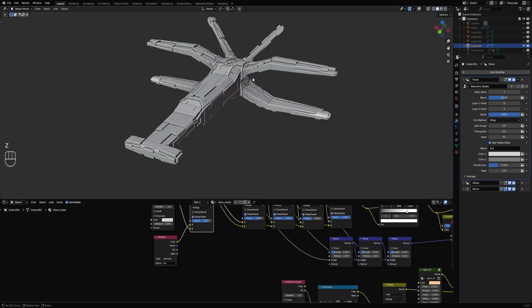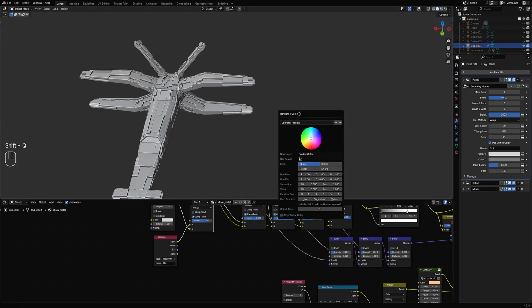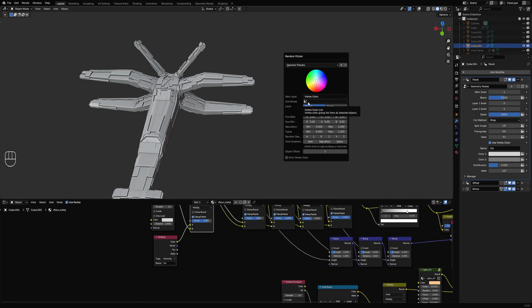So this mimics the random vertex color node, but only basically, since the random vertex color node is a node operator in Random Flow Original, and it's capable of much more complicated tasks. You can of course have gradation, that's the word I'm looking for, gradation between the randomized colors,